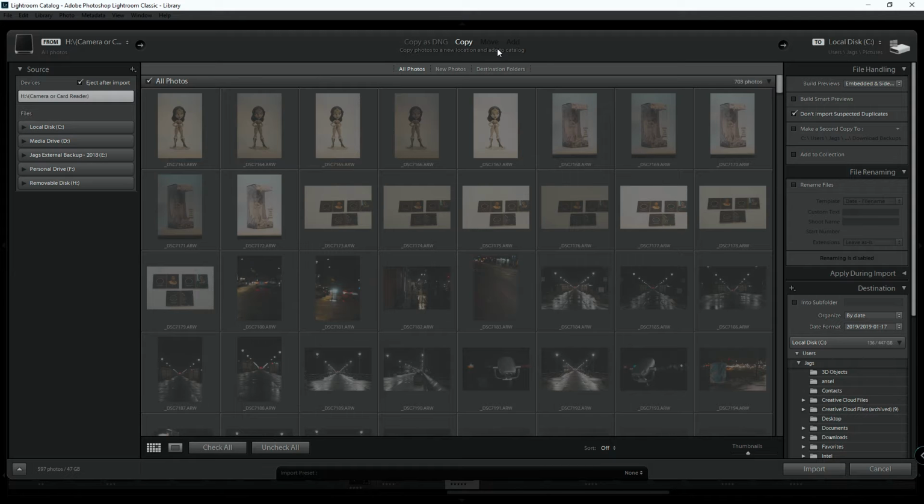Do not recommend using move because it will cut them and paste them, and if your SD card fails, and then you're trying to get those photos back, you're not going to because there is a big error in between all of that. So copy always when you're transferring from your SD card to your workstation. Tip number 2,